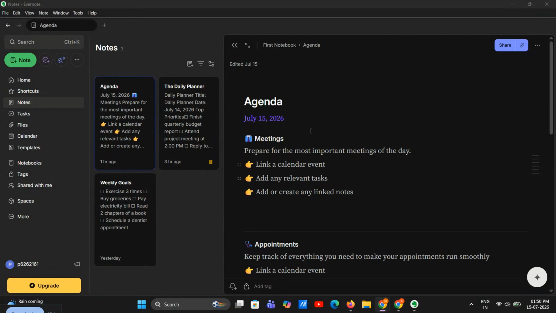If you use Evernote to keep your notes, projects, or research organized, learning how to create a stack is a simple way to make your workspace much cleaner and easier to navigate. A stack lets you group related notebooks together so everything stays organized under one main category. In this video, I'll show you exactly how to create a stack in Evernote, step by step, using 2 easy